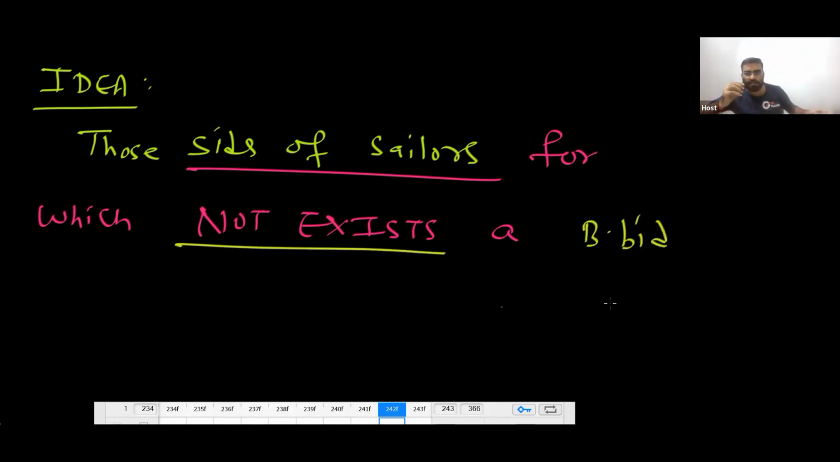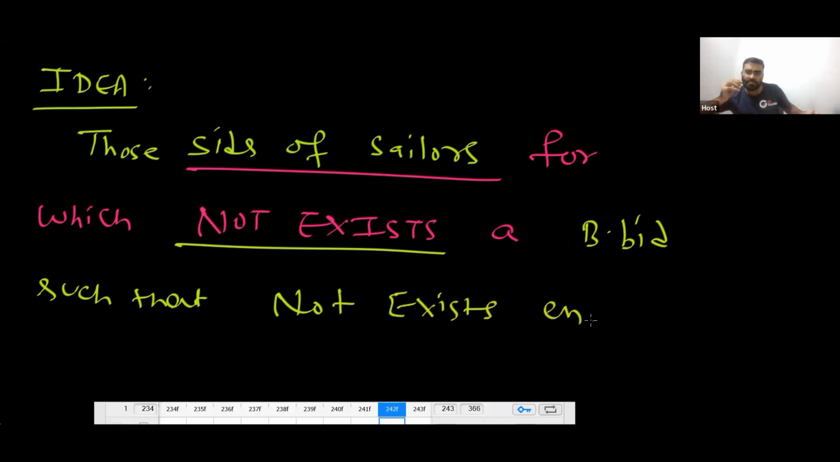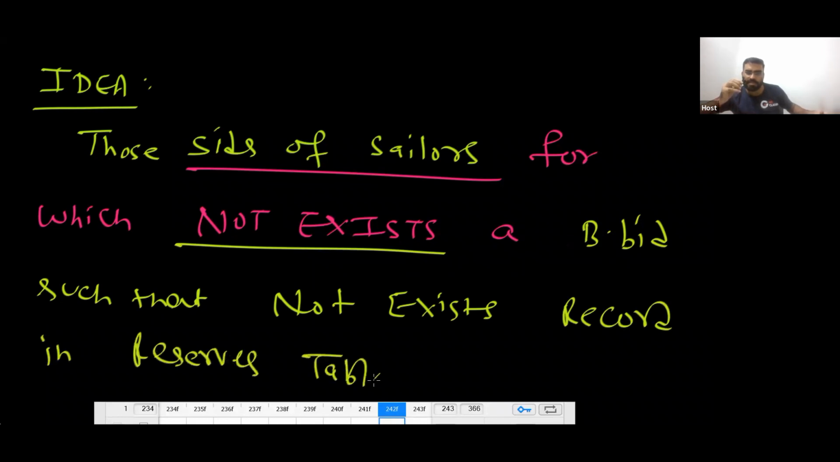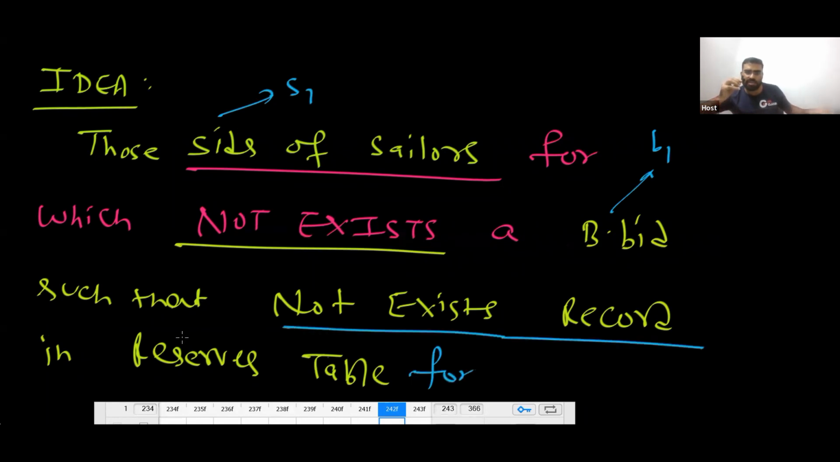This type of BID should not be there, for which there does not exist a BID such that no entry, such that there does not exist a record in the reserve table. For that bot ID, there does not exist a record in the reserve table